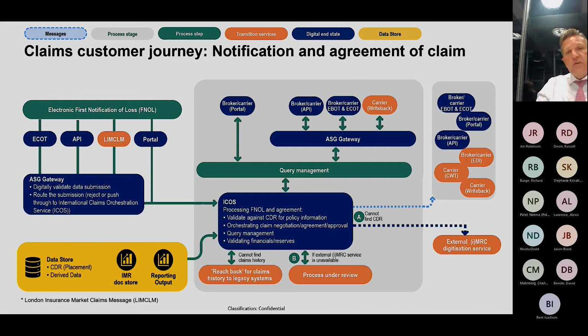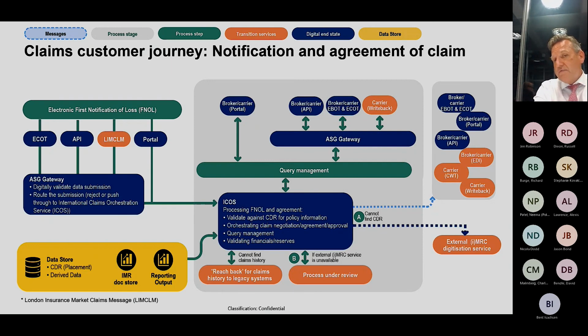And what that will do is, say you've got a claims movement on an existing claim, but the existing claim predates these digital services. It will be triaged, that will know that it predates these services, and there'll be a reach back. So the data will be maintained while all the legacy systems are switched off, and the data will remain available. And what the system will do is reach back into that claims information, and they'll get the claims history, and they'll also get the records of whether premium's been paid or not for that particular claim. And then they will instantiate it into this service. So you're not processing it on the legacy. It goes to the legacy data, it brings the legacy data back, and then you continue to manage it on this